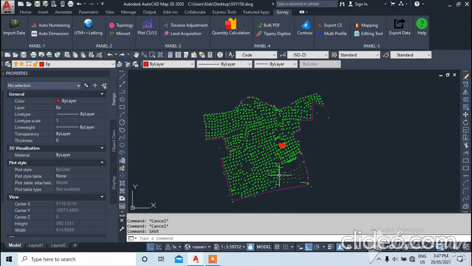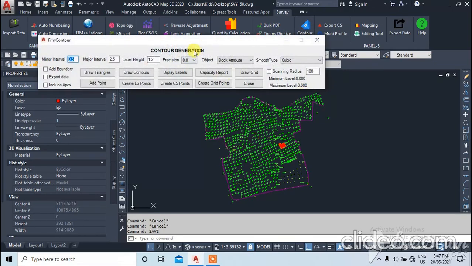So please, before making contour, ensure that all the levels are taken on the ground, not at a benchmark height or electrical pole or something above the ground level. If any points are taken above the ground, that should be removed from the CSV before plotting it. So now I am going to the contour option.